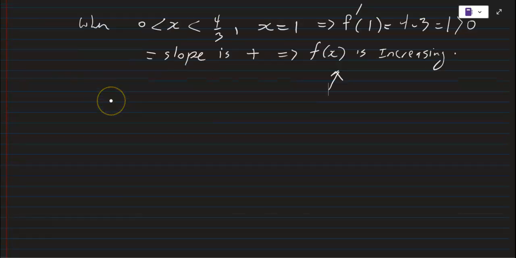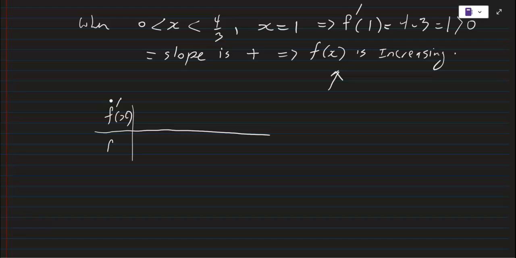All right, okay, let's create a nice chart in here, for simplicity, so that we know what happens. So here it is, that's the chart that we have. We have f prime of x, and we have f of x, or y. So when the slope is negative, or the derivative is negative, that is before the first critical point. If it's smaller than 0, the graph is in a downward motion. Then at the critical point, we have 0,